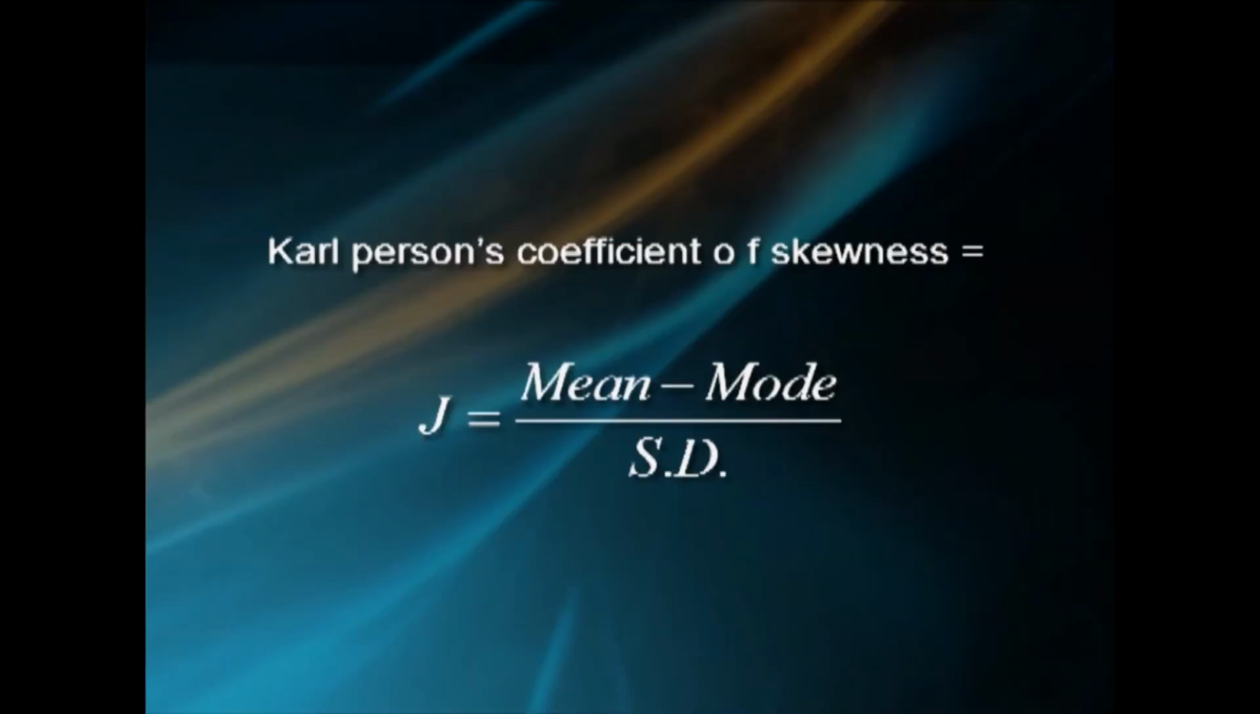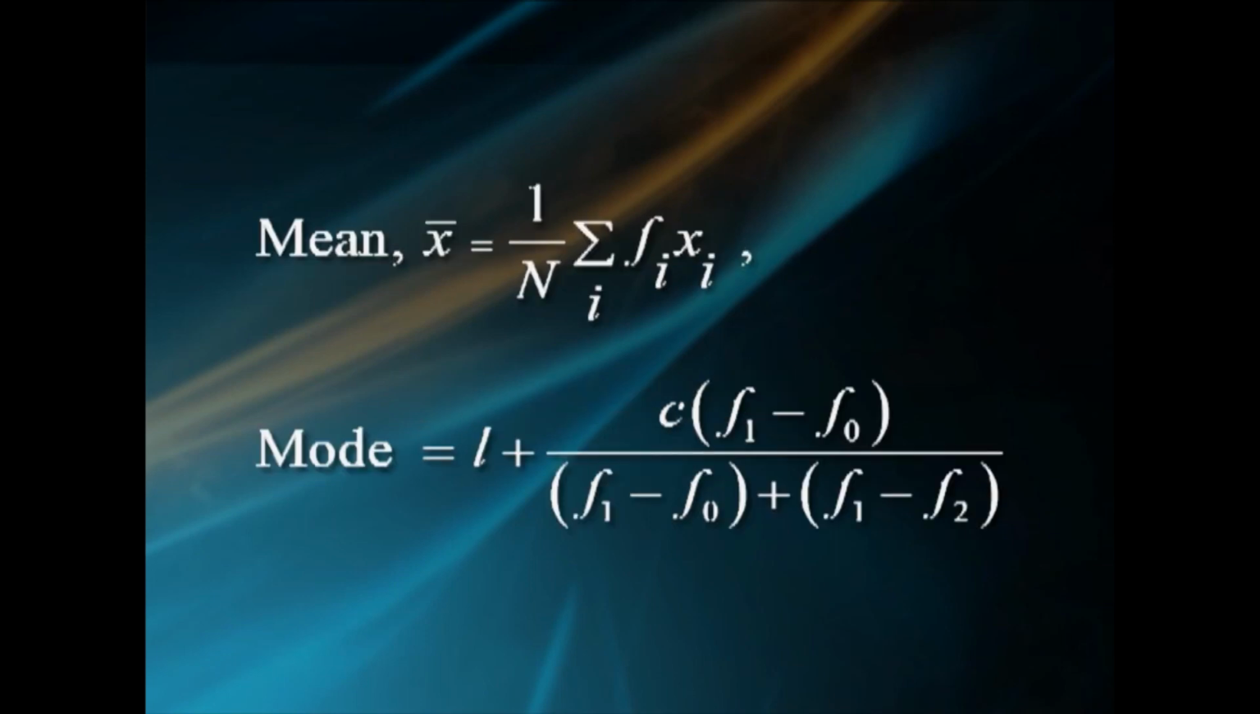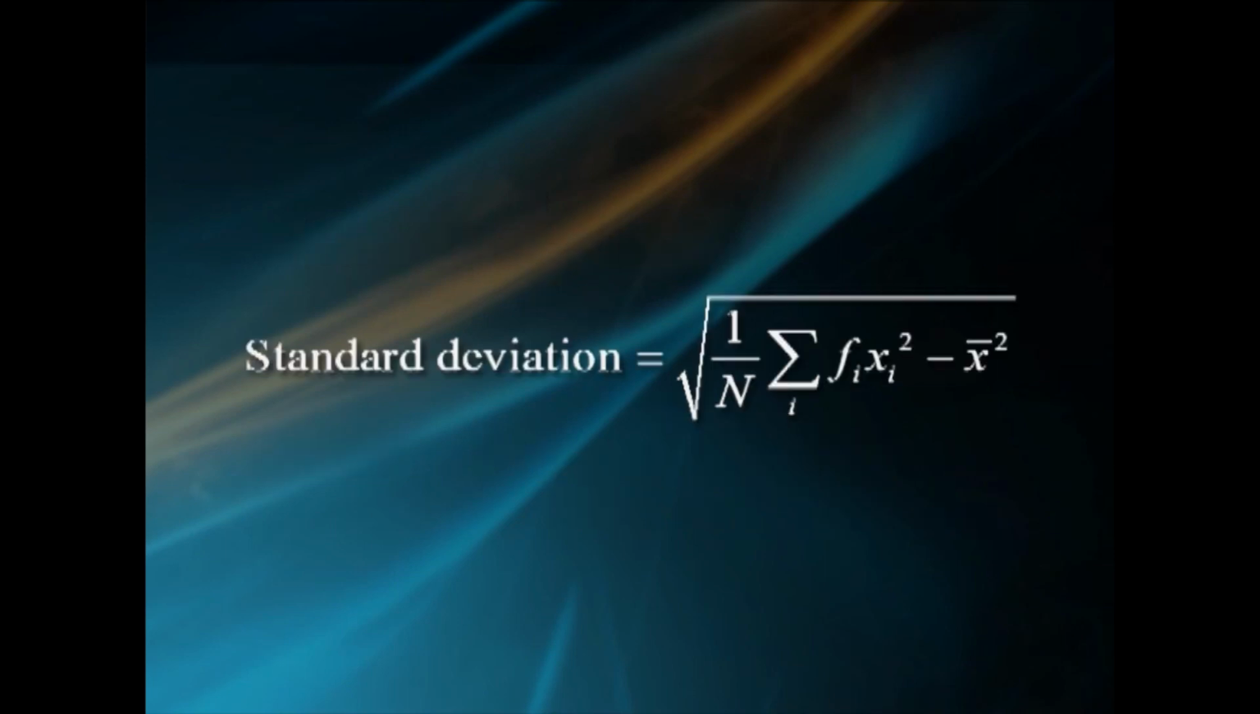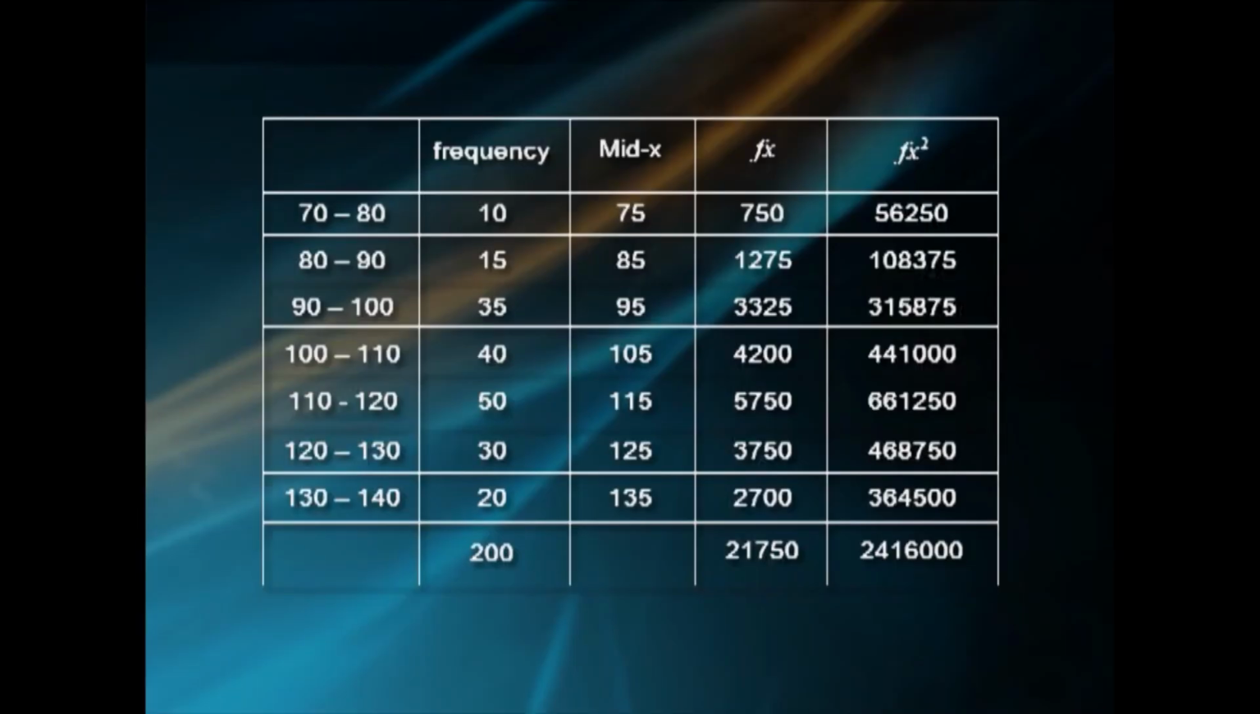Solution. Karl Pearson's coefficient of skewness J equal to (mean minus mode) divided by standard deviation. Mean x bar equal to 1 by capital N summation over i Fi xi, mode equal to L plus C into (F1 minus F0) divided by (F1 minus F0 plus F1 minus F2). Standard deviation equal to square root of 1 by capital N summation over i Fi xi square minus x bar square. Necessary calculations follow. The classes: 70 to 80, 80 to 90, 90 to 100, 100 to 110, 110 to